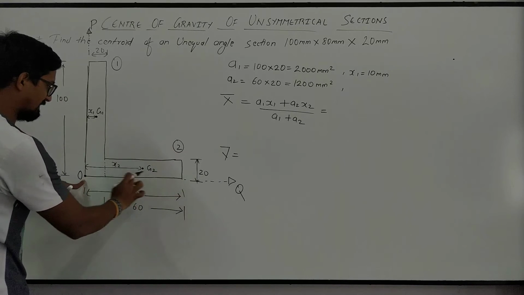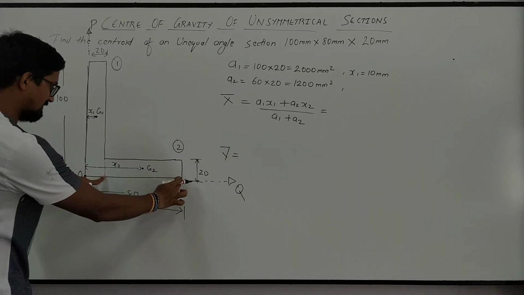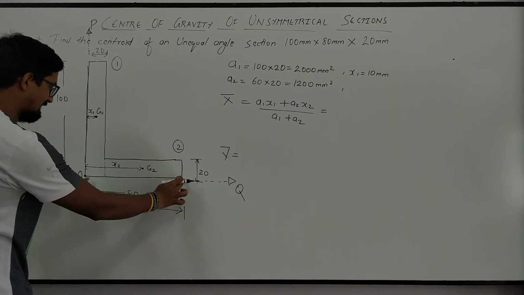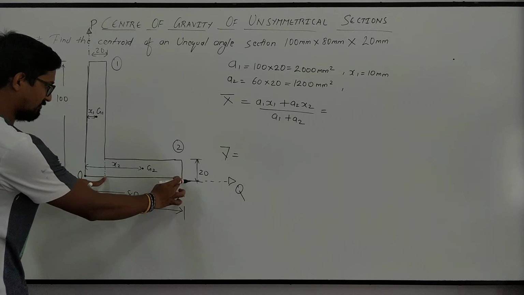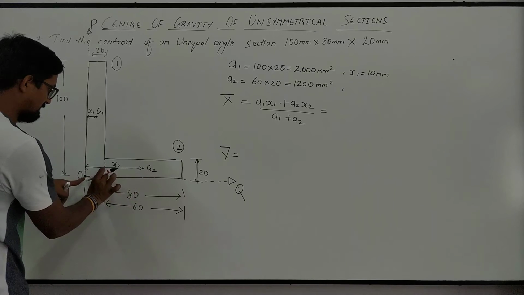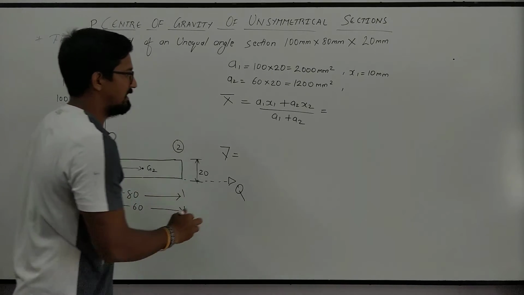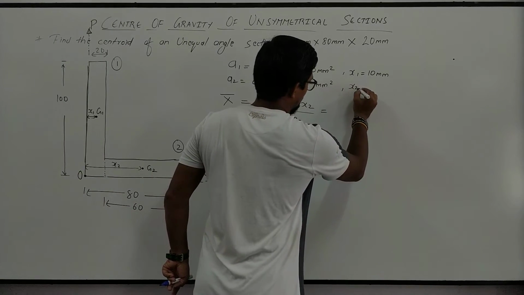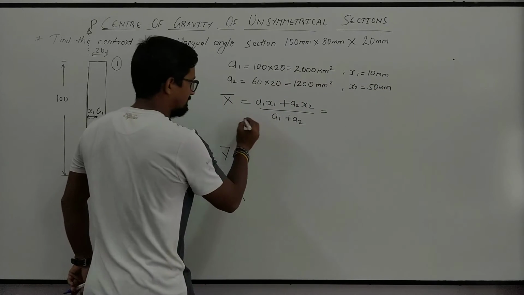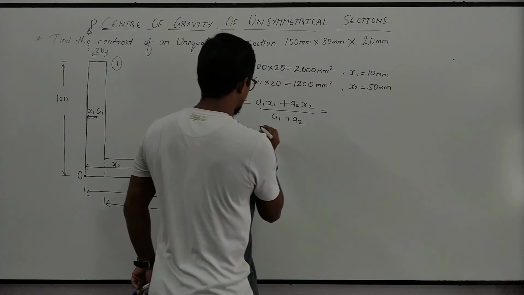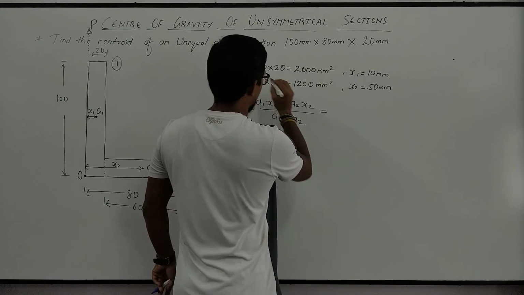Now I have divided into section 2, so this is 60. 60 plus 20 gives us 80. So 60 divided by 2 is 30, 30 plus 20 is 50. x2 is equal to 50 mm. So A1 is coming out to be, we have already calculated,